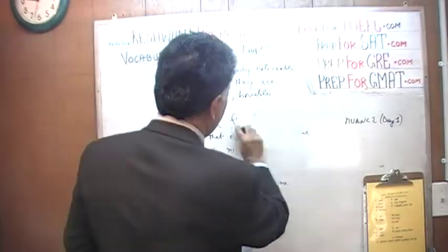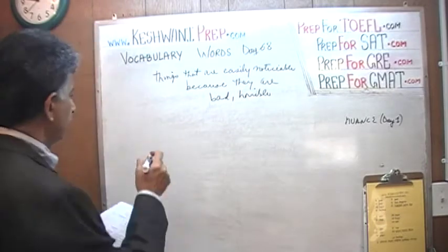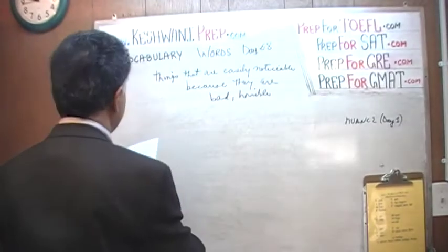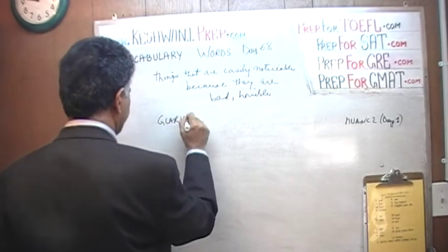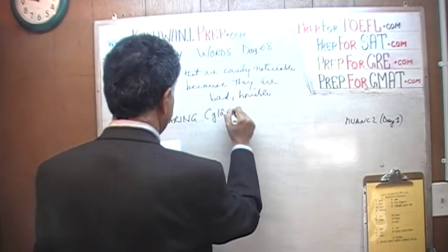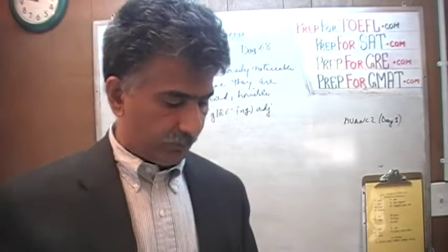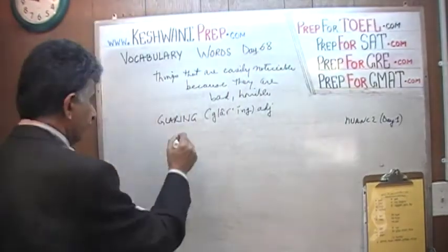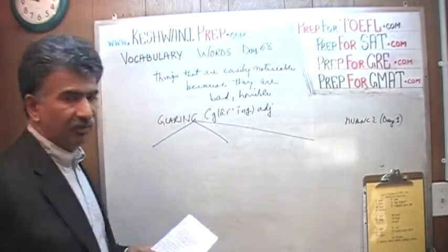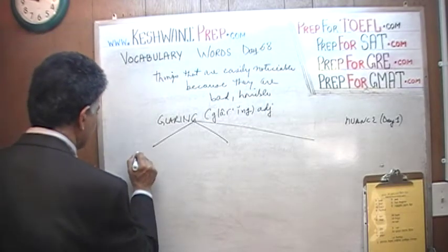The next word we want to learn also means something that is easily noticeable because it is bad and horrible, and the word is glaring. Now the word glaring has actually several meanings. We're going to cover all of them. Of all these meanings, only one actually has to do with the fact that it is noticeable because it's so bad. The very first meaning that we want to learn of glaring means to stare